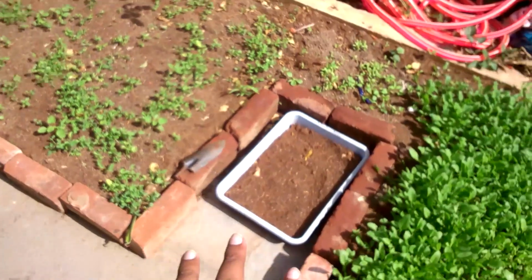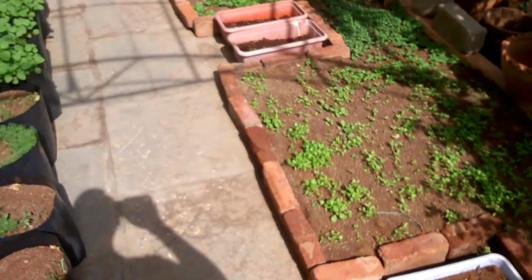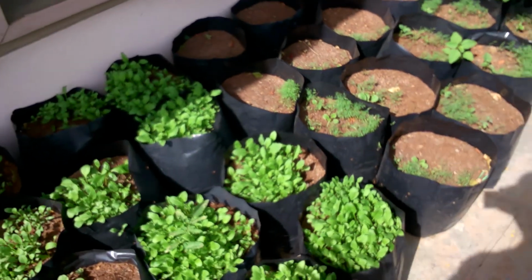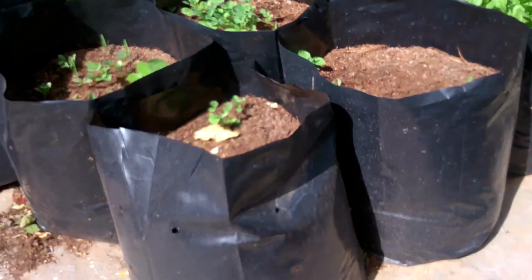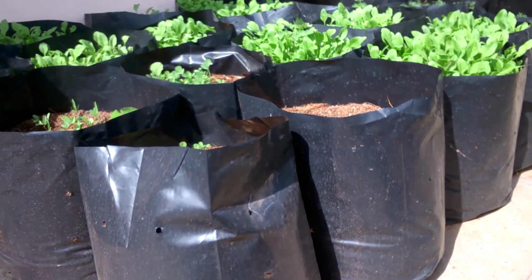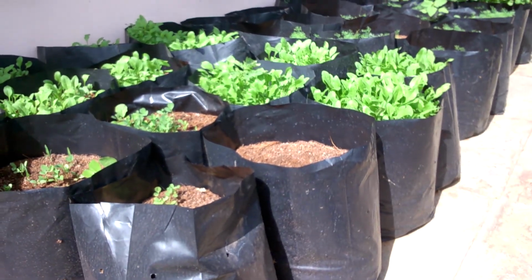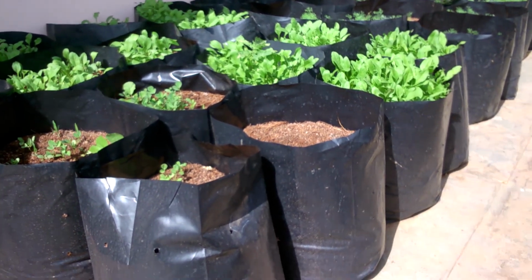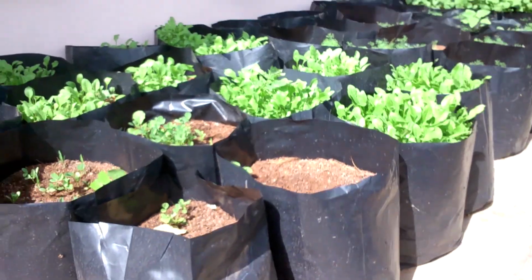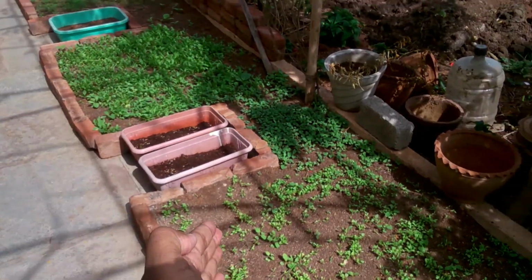And these are small trays that I have for microgreens. On the other side, I have your standard grow bags. These are about 18 inches high, and this is sufficient for growing most of your garden vegetables. So you can grow your tomatoes, your aubergines, chili, okra, whatever you want you can grow here, and of course green leafy vegetables. The intent is to grow here what I could not grow here because simply I did not